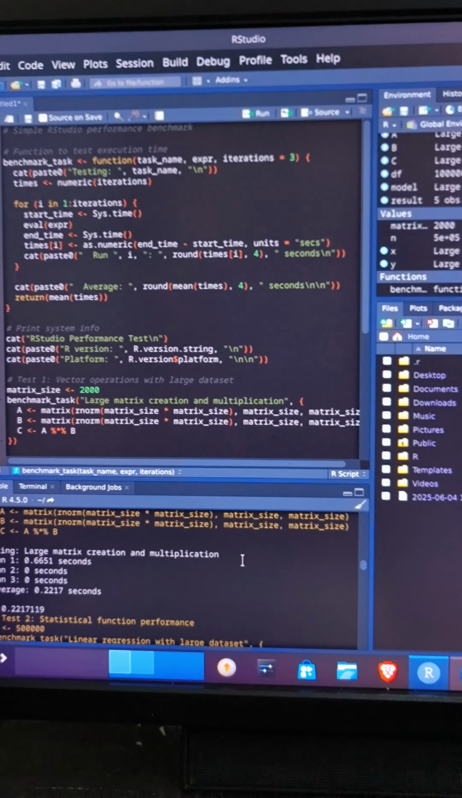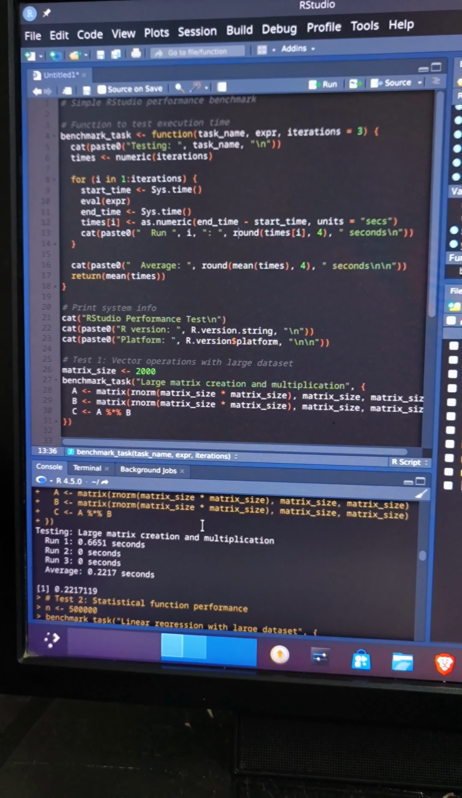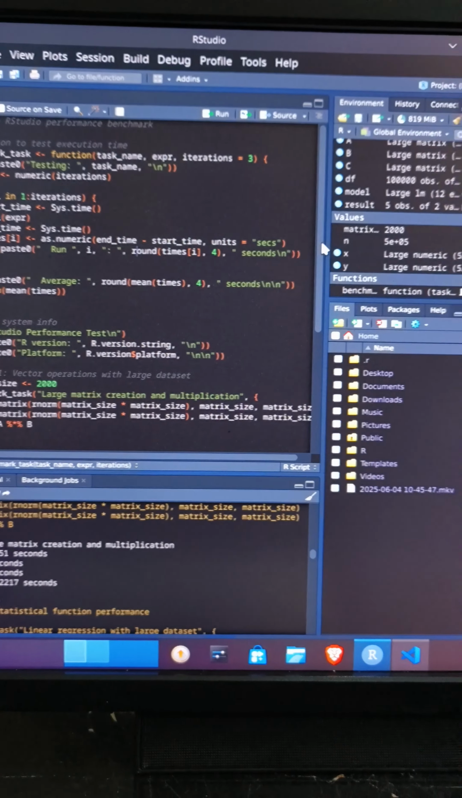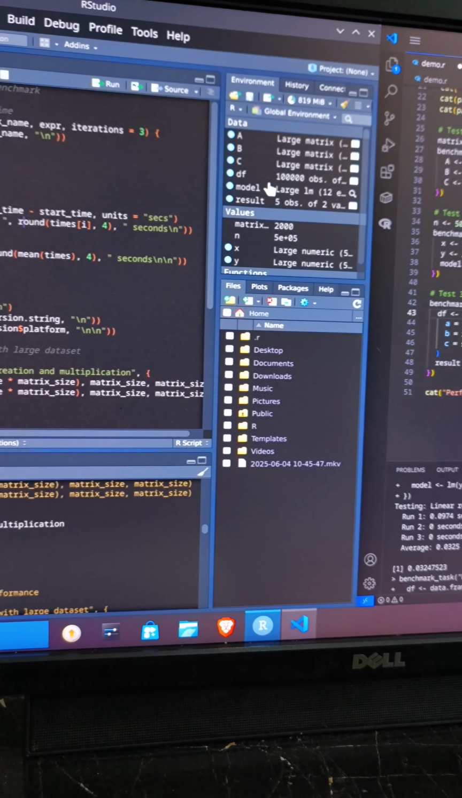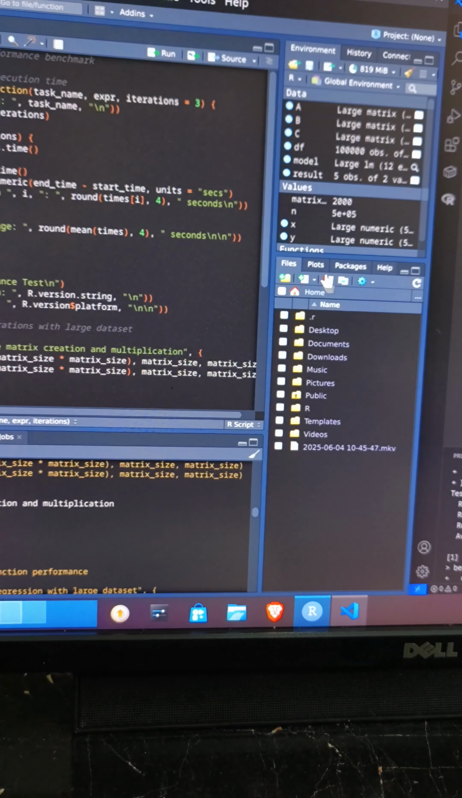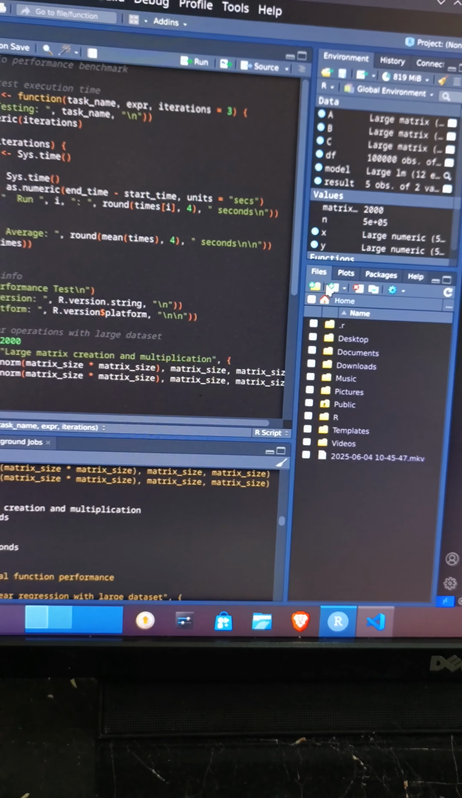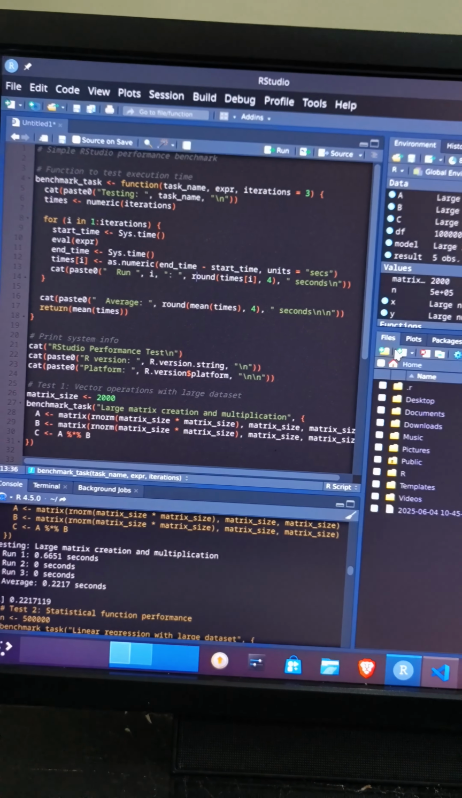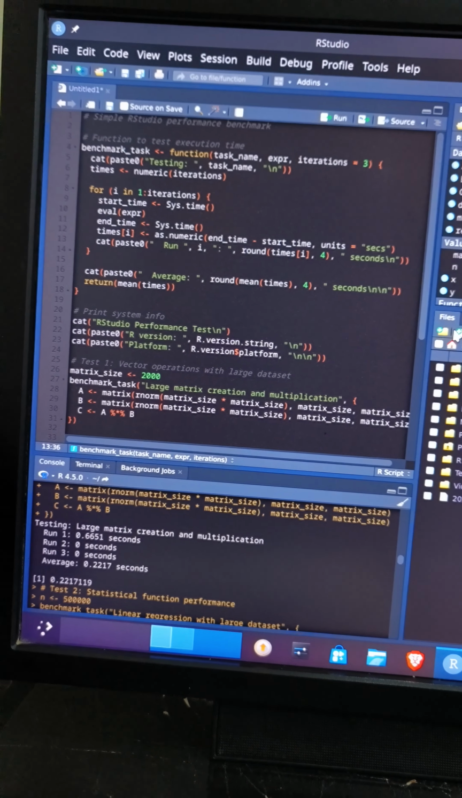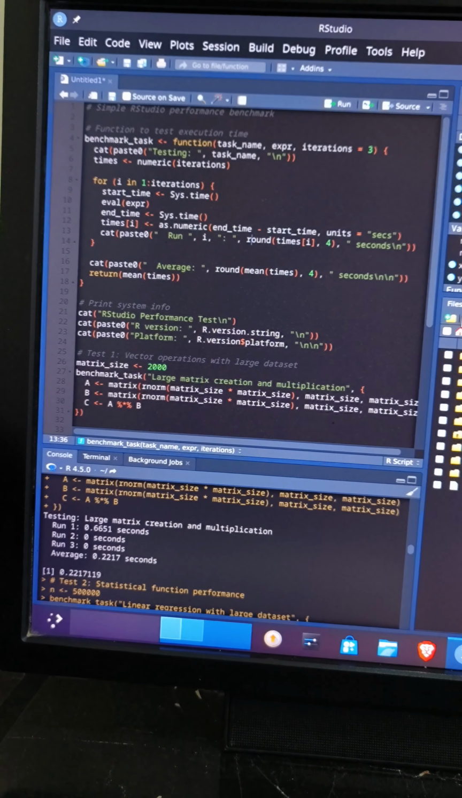We have all kinds of stuff here. We have a code writer, we have a terminal, we have a global environment where we can see all kinds of variables and data sets. We have a GUI for file menu, plots, and all that stuff. But the main problem with RStudio is that it is kind of slower. RStudio does not offer